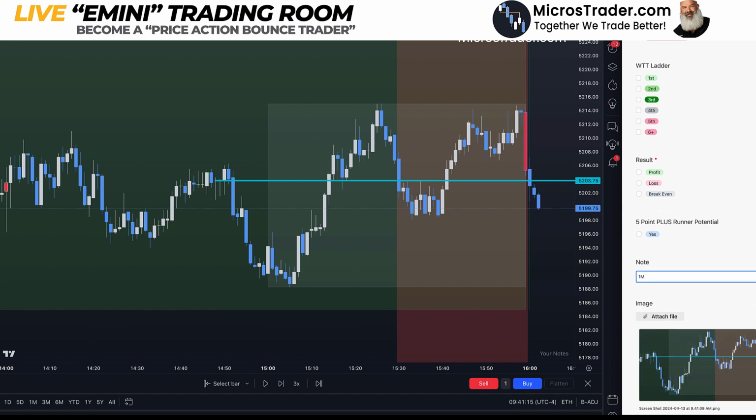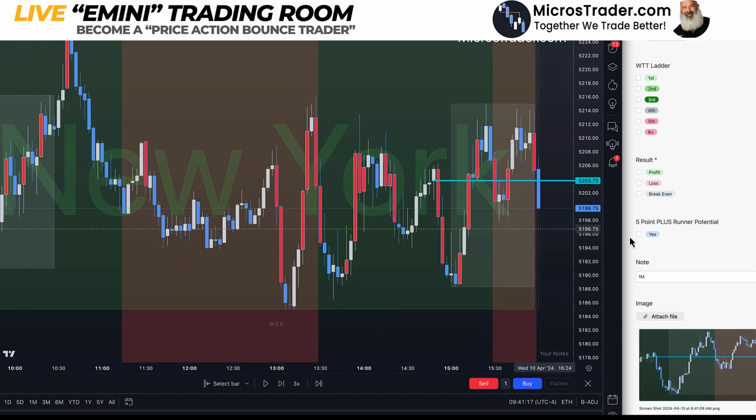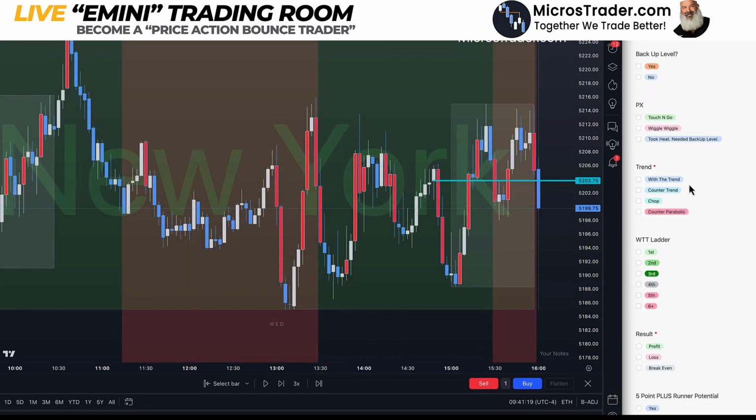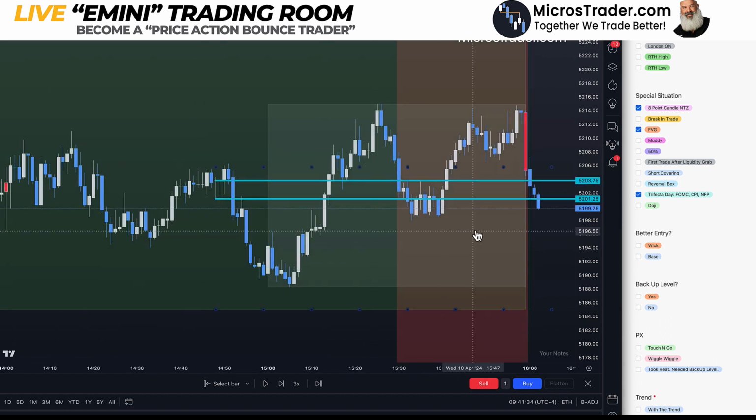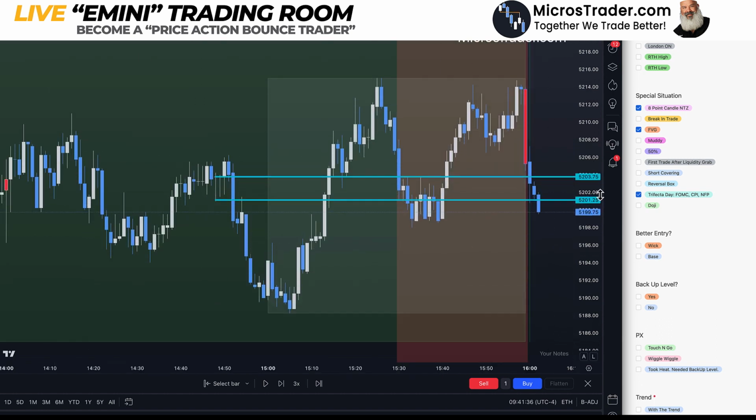Okay, let's go back to 3 minute here. Certainly we're in the sea of 8-point candles. That's what I was just confirming. 8-point candles, fair value gap, trifecta. Ooh, let's look at the difference between the wick and the body. So I might record a different screenshot here. Whoa, isn't that interesting? So all around the better. Because if you went off the wick,